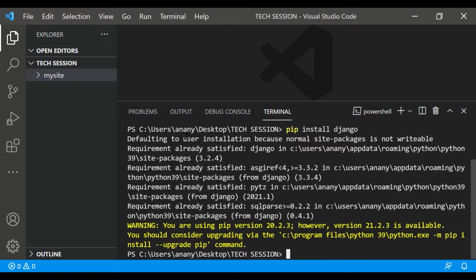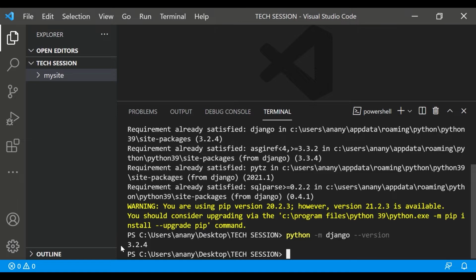So it will take a little time and it will install the whole Django for you. Then we will run the command python -m django --version. So it will give me the version 3.2.4. So for you, it will give you your version that has been installed.